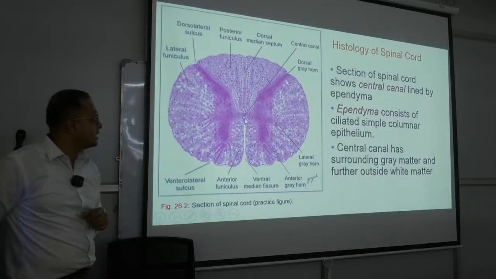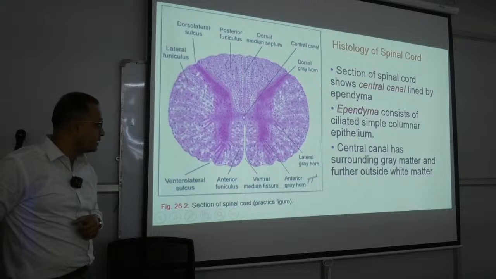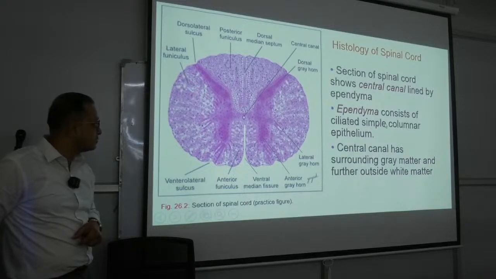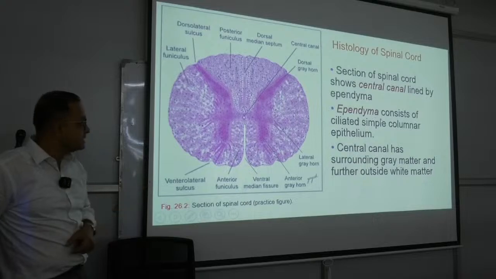Surrounding the central canal, we have cells that we call ependyma cells, which are simple columnar or cuboidal cells, maybe a ciliated kind of epithelium, which is a single layer. These cells line the hole, making it very discrete, as if bordering the central canal. So, once you have this central canal covered by ependyma cells, which is a simple columnar kind of epithelium that may be ciliated,